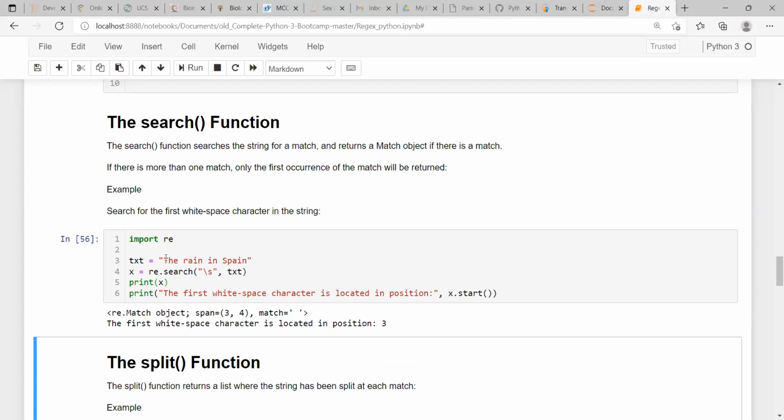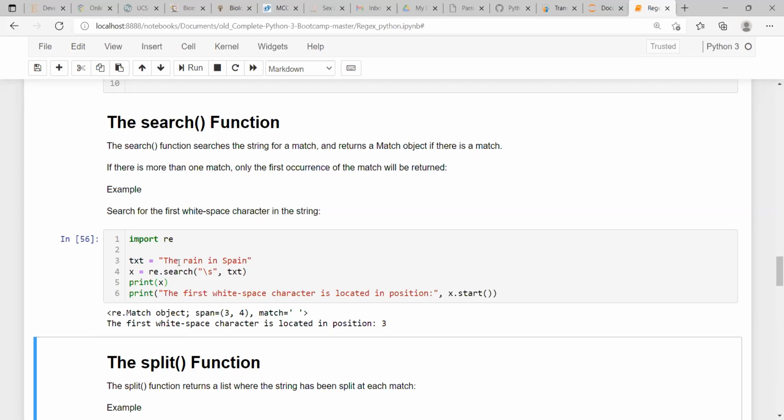Now you can count 0, 1, 2, 3. So it starts from 3 and spans up to 4, that means 4 minus 1. So it is only one character in length, one character backslash s, right?